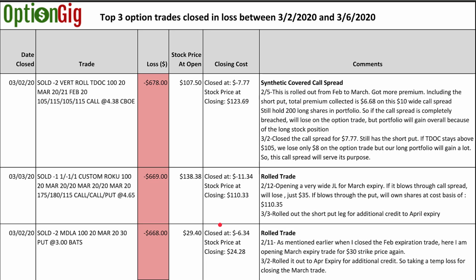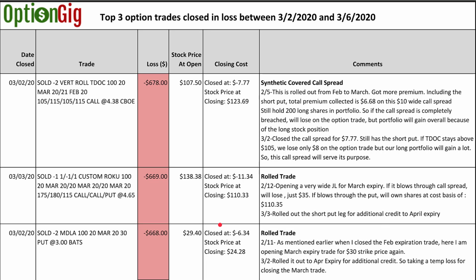The third one I want to talk about is again a similar rolled trade, on Medallia, ticker symbol MDLA. We have a short put on Medallia at a strike price of $30. It was an at the money short put that we opened on Medallia on 11th of February, and because of the weakness in the market, Medallia was down to almost $24.28. So on 2nd of March, I rolled this trade out to April, collected more premium,